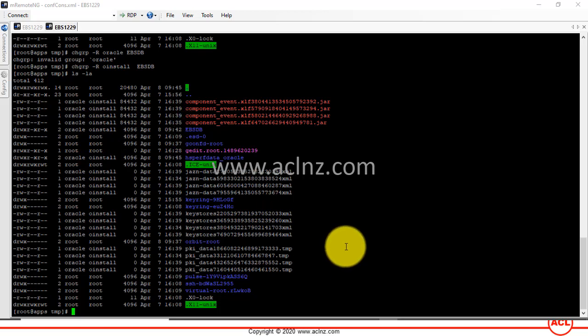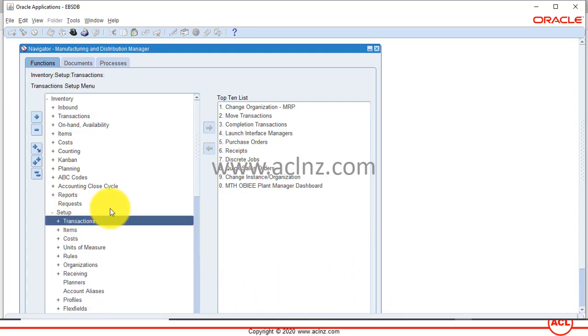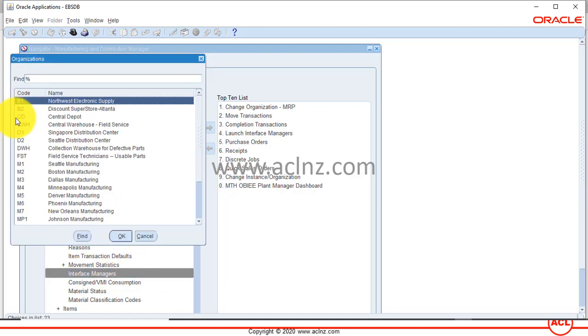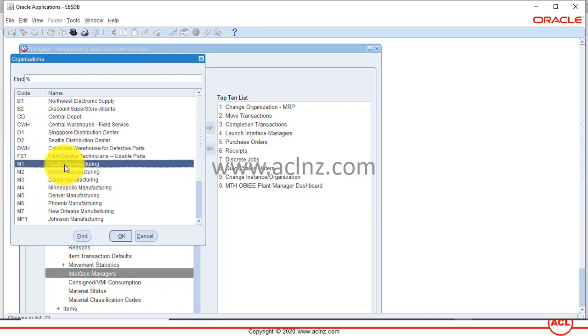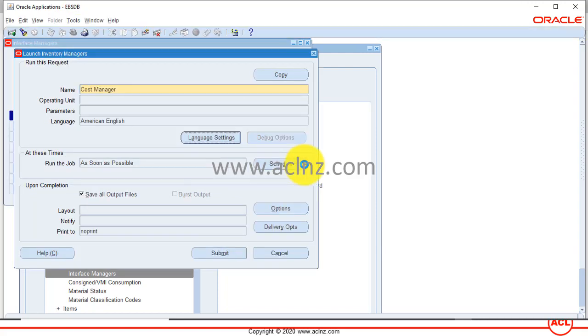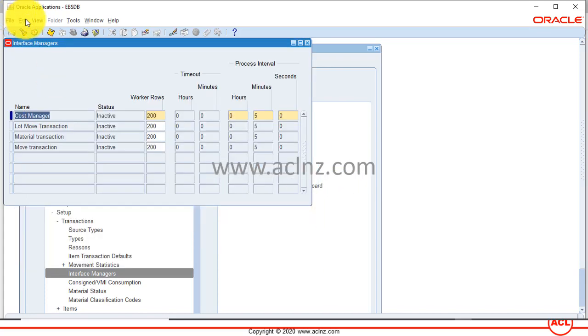Now I'm going to go back and rerun that program. So I'm going to go to inventory, then setup, transactions, interface managers, and then I'm going to choose my inventory organization as Seattle Manufacturing, code name M1, and then you see Cost Manager is inactive, so I'm going to go to tools, launch manager, and simply submit this program, and this request is submitted.